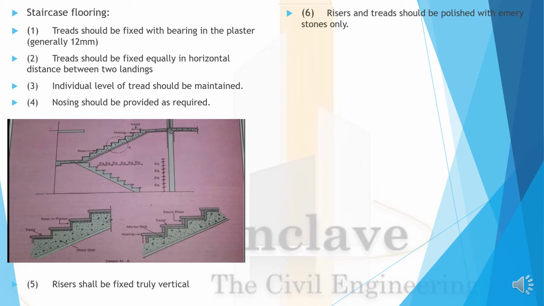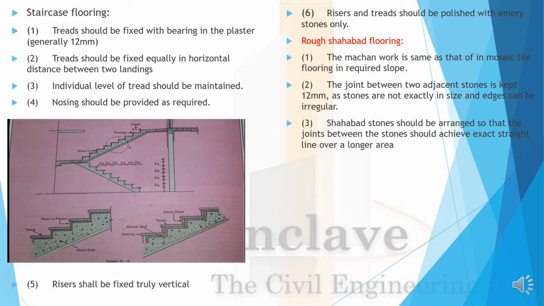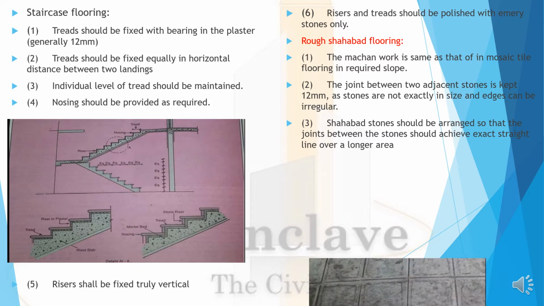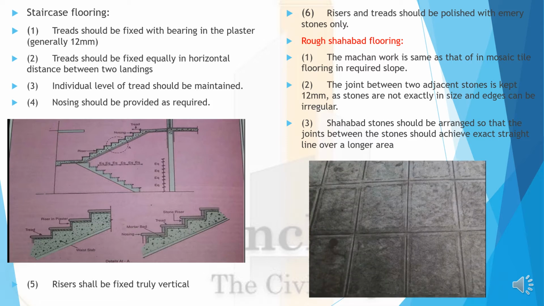Risers shall be fixed truly vertical. Risers and treads should be polished with emery stones. Rough Shahabad flooring: the machan work is the same as that of mosaic tiles. The joints between two adjacent stones are to be kept 12 mm as stones are not of equal size. Shahabad stones should be arranged so that the joints between the stones achieve an exact straight line over a longer